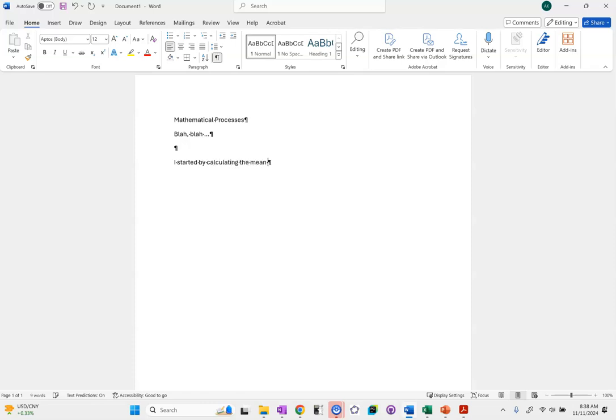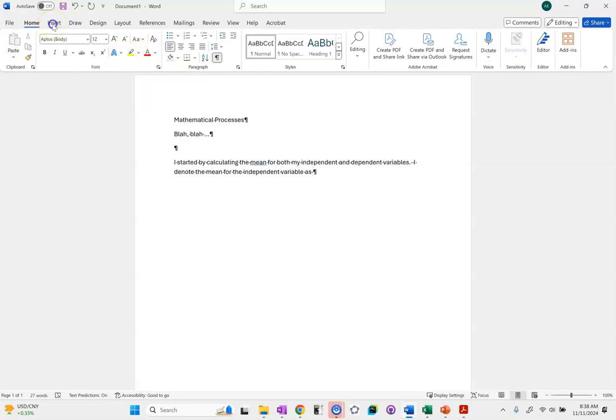calculating the mean for both my independent and dependent variables. I denote the mean for the independent variable as, and then what symbol did we typically use here? X bar. So to get that X bar in, what I'm going to do is I'm going to go and